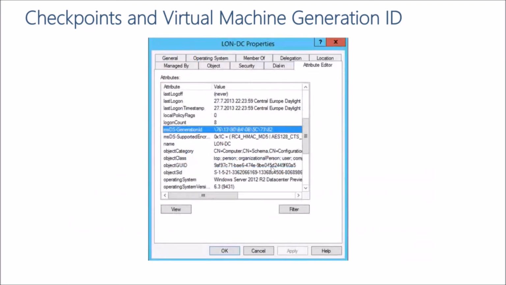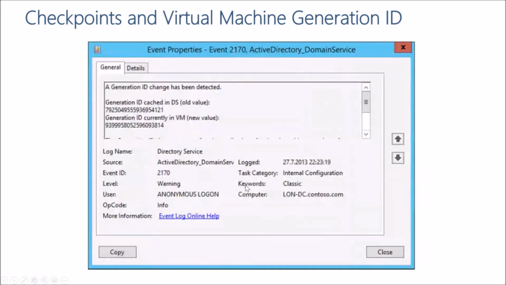And if it's different, in that situation where we have the multiple domain controllers, there's the generation ID again, and there's the generation ID change has been detected. If the generation ID is different in that situation with the domain controllers, that domain controller that has a different generation ID will realize this and say, my AD is rubbish, my read pool is rubbish, I'll delete all of that, and I'll pretend I'm a brand new domain controller, and I'll ask for replication from the other domain controllers, and that addresses that situation. But ideally,